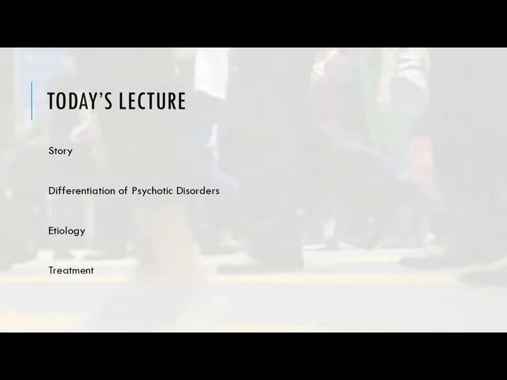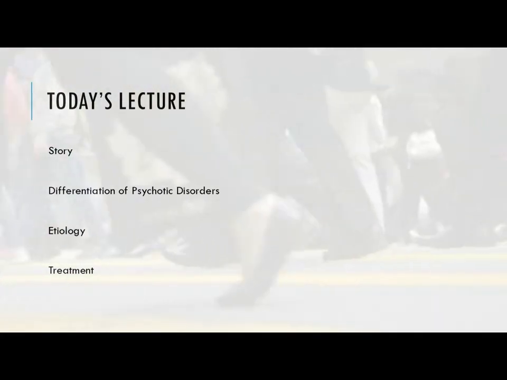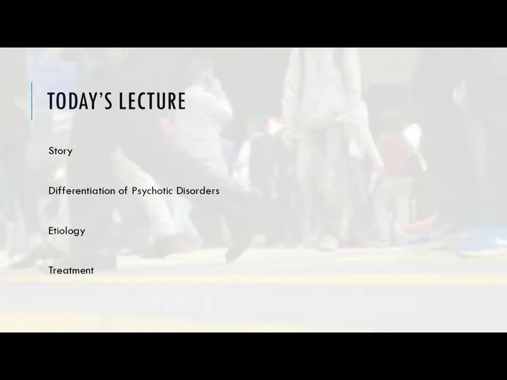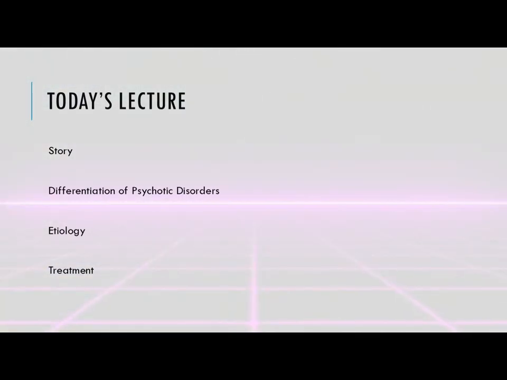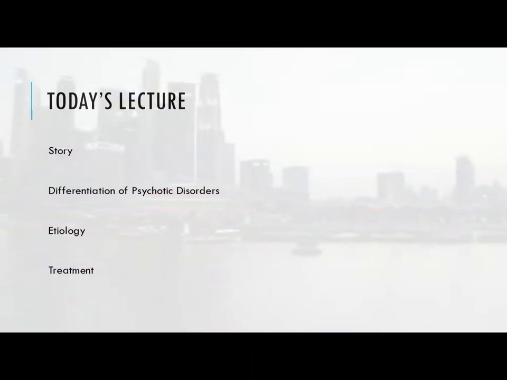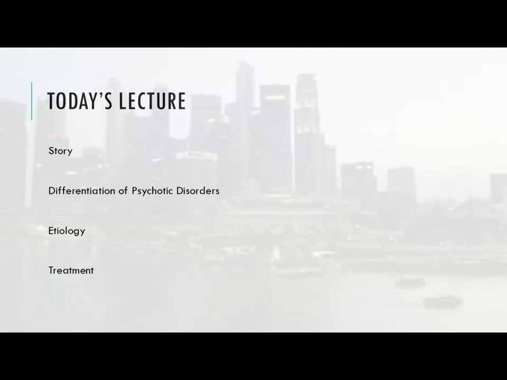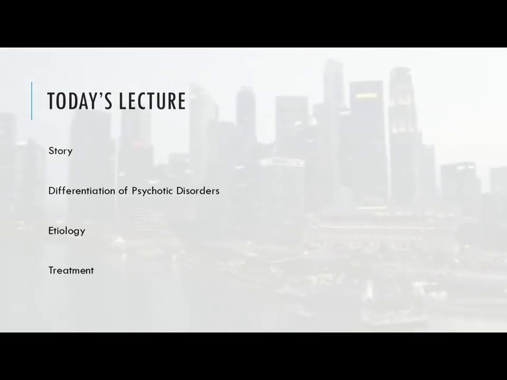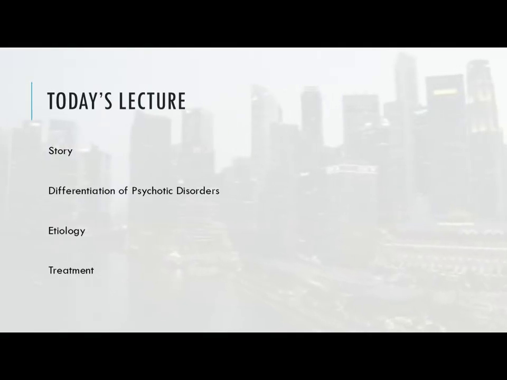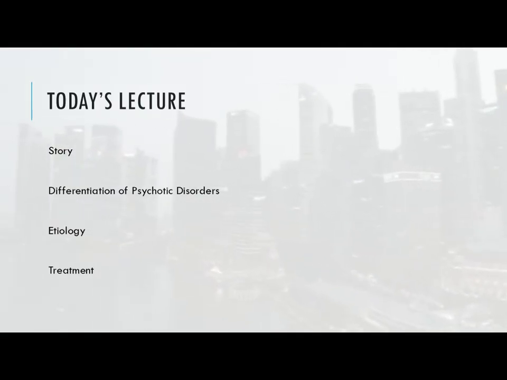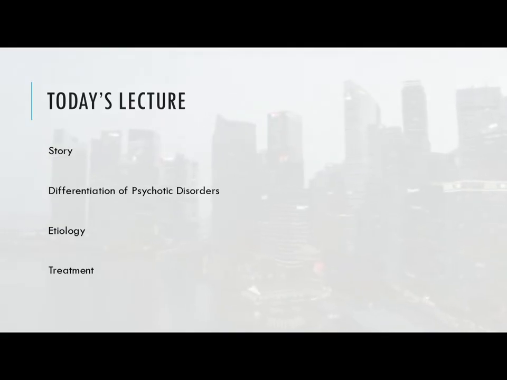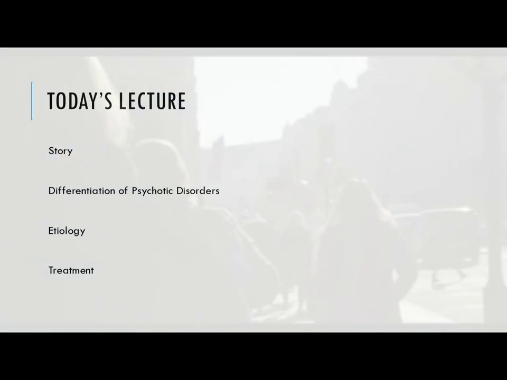Then we'll look at a little bit of the etiology and contributing factors and explore the biological, psychological, and environmental factors that contribute to the development of psychotic disorders. We'll examine the role of genetics and neurobiology, things like the dopamine and glutamate systems, as well as trauma and stress and emotion and environmental triggers like substance use. Understanding all of these multifactorial causes of psychotic disorders will help to inform our understanding of these conditions and point to opportunities for early intervention and treatment.